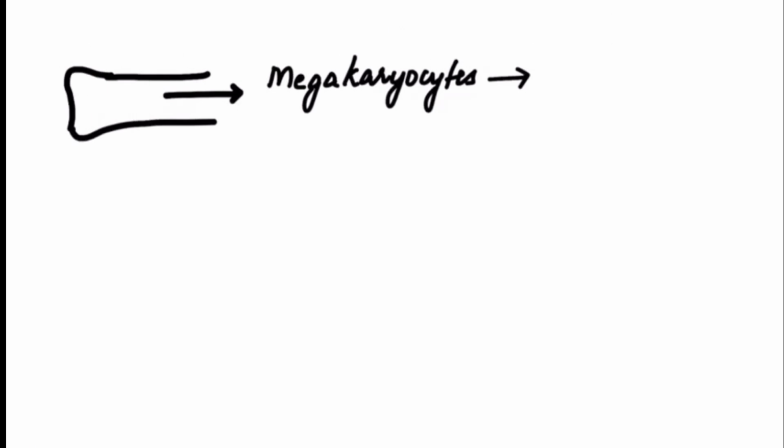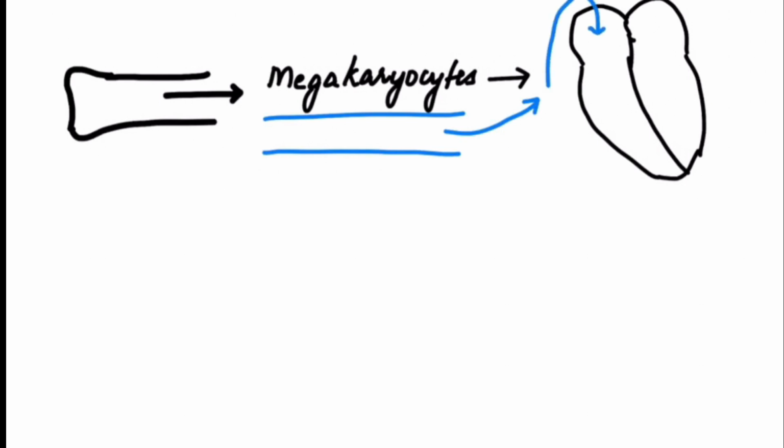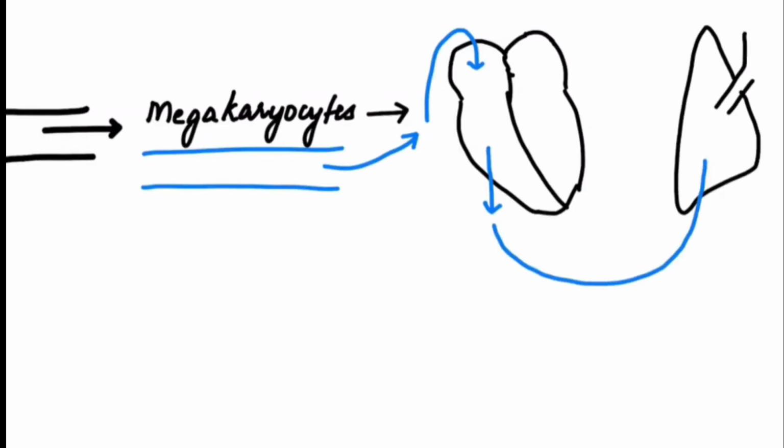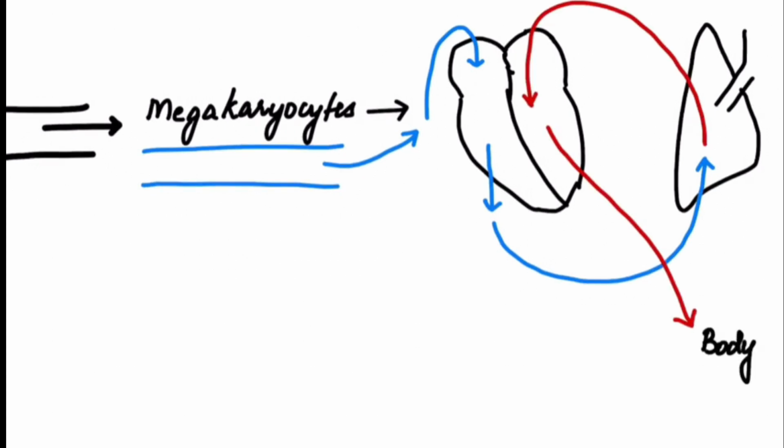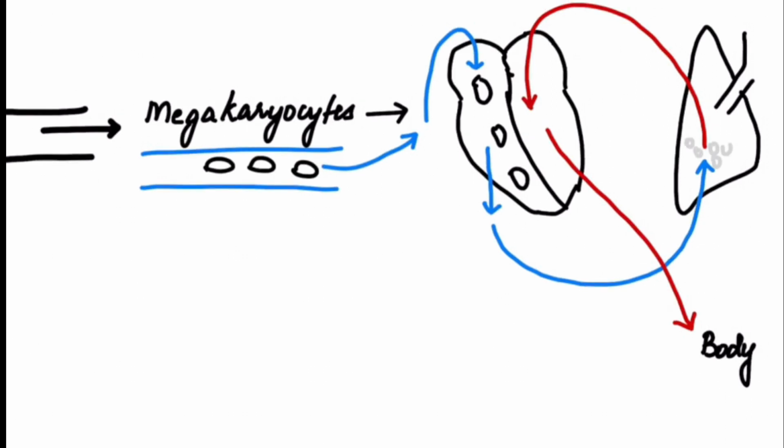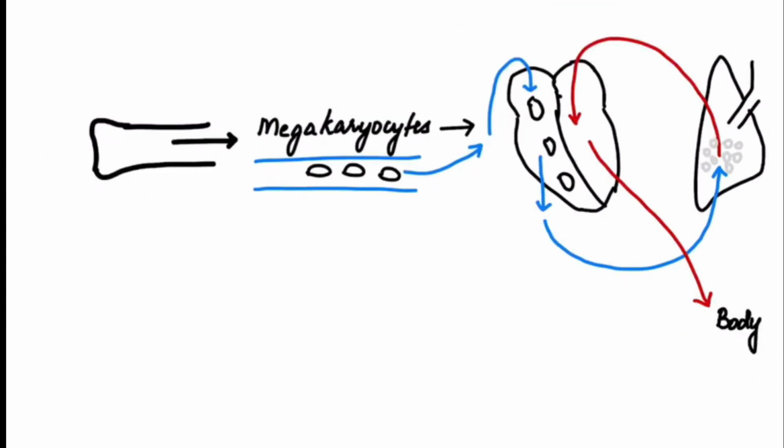How are megakaryocytes responsible for clubbing? From the bone marrow, the megakaryocytes are released into the venous circulation. Through the venous blood, as usual, the blood returns to the right side of the heart, and from here it reaches the lungs, where at the pulmonary capillaries it gets oxygenated, and this blood through the left ventricle reaches the body. This is normal. The megakaryocytes, through the veins, reach the right heart, and when they reach the level of the pulmonary capillaries, they are broken down to form platelets. These platelets are then circulated throughout the body as they are pumped through the left side of the heart. This is the normal thing that happens.